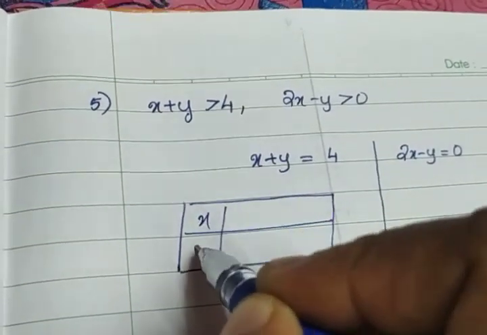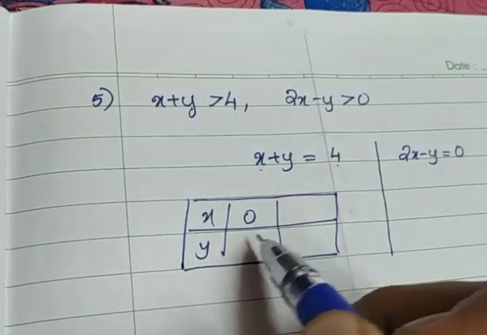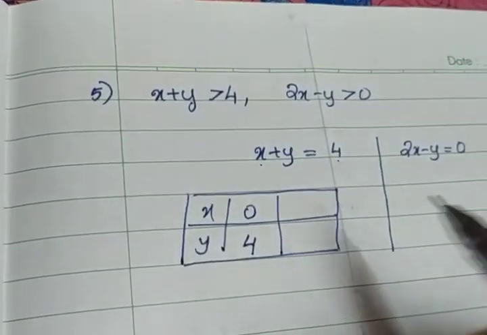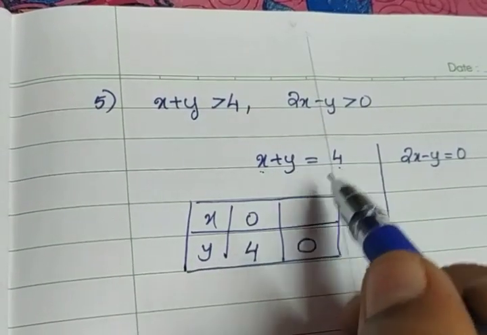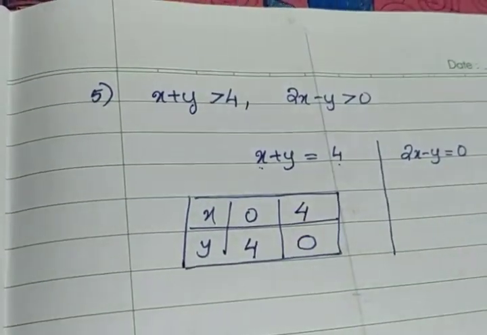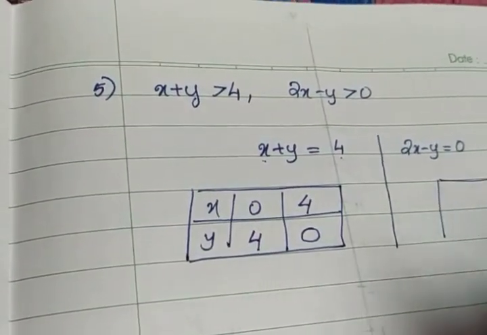So x, y. When x takes the value 0, 0 plus y equal to 4. That means y is taking the value 4. Isn't it? Same way, when y takes the value 0, x plus 0 gives you the value 4. That means x equal to 4. So we got 2 points: 0, 4 and 4, 0. And for the second equation,